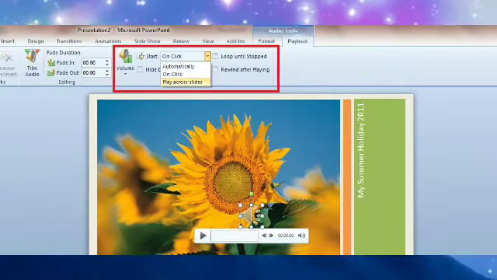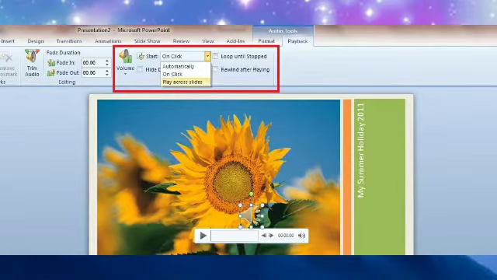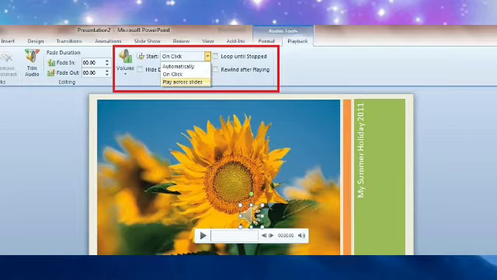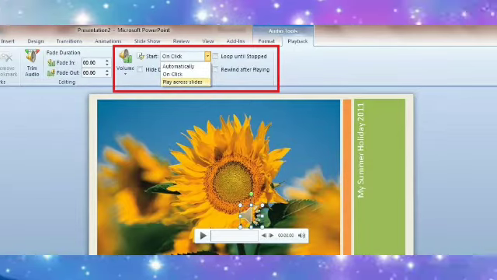And next, the Preview group. Click the play button and you can listen to how the audio will actually play. All the settings are now done. After that, go to the preview option and choose the play button. Check whether the audio is perfect or not, and whether it is actually playing or not. You can look at this Preview group.